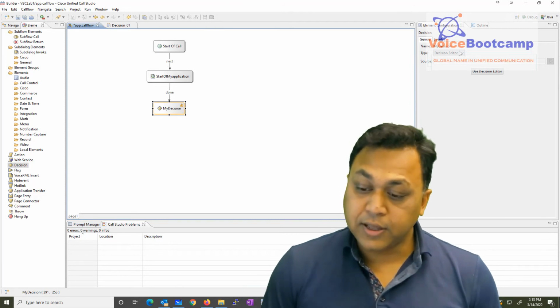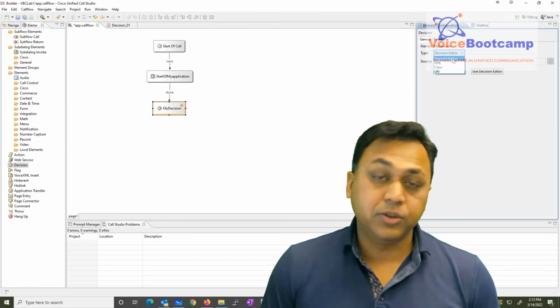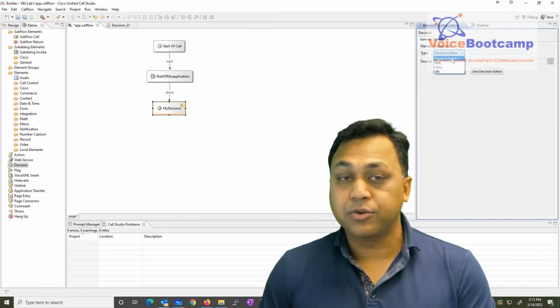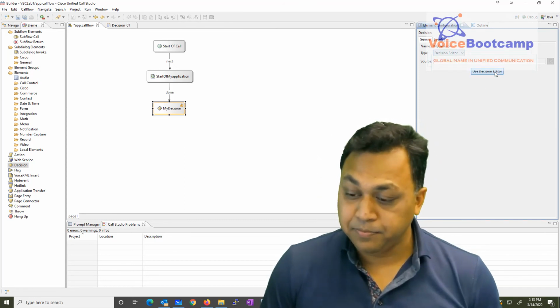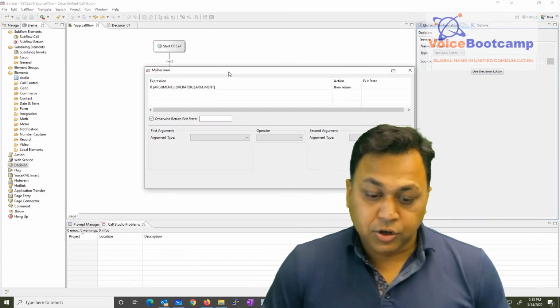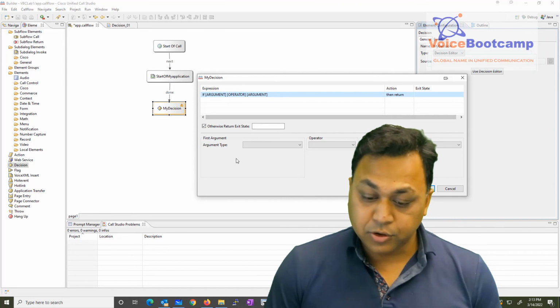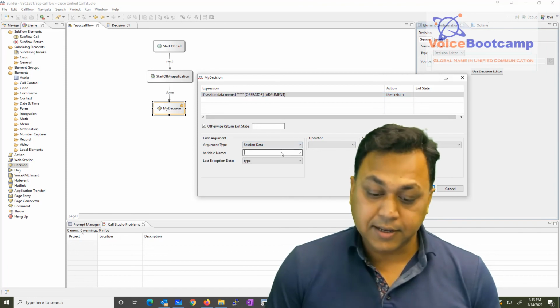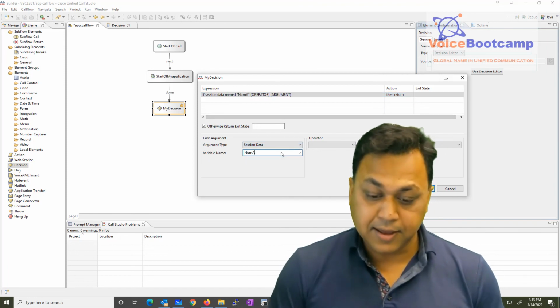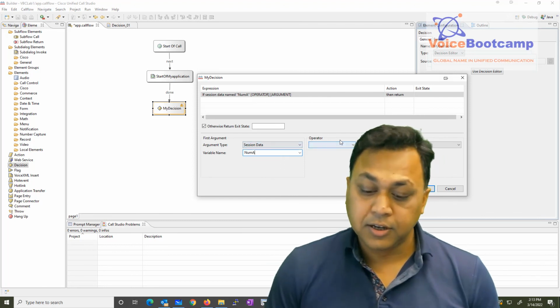To do that, I have a couple of options. I'm going to start with the decision editor first, then I'm going to show you how to create something in XML. The decision editor allows me to select the decision I want to make, and I'm going to say if session data num A, I'm going to keep the same variables, equal